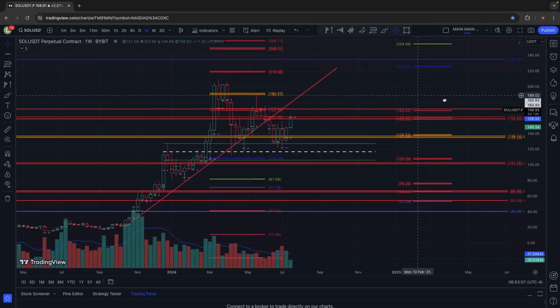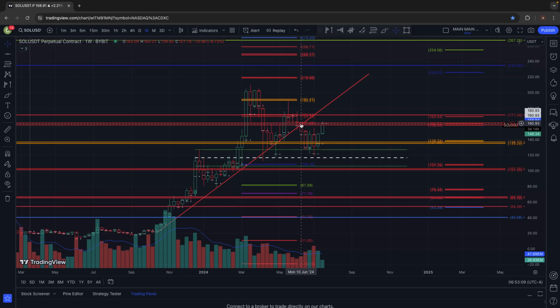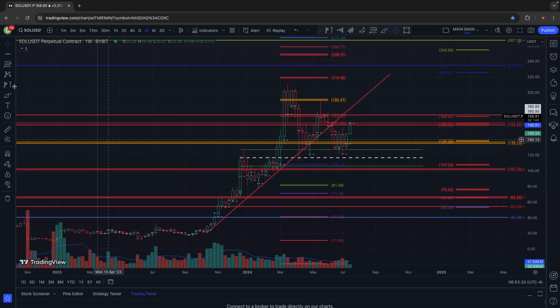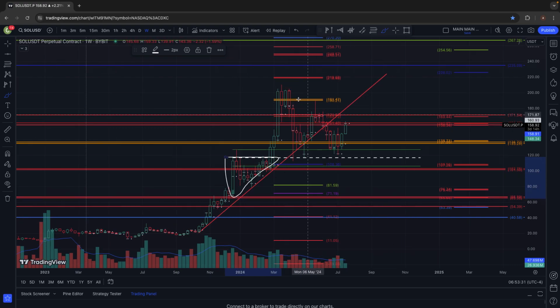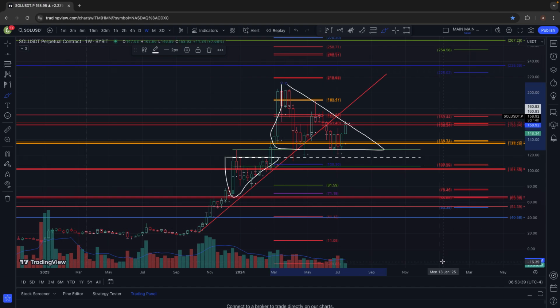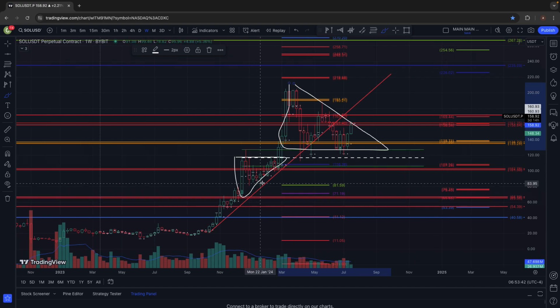Let me try to zoom in over here. We broke the trend line over here at this 160 level, and we came and tested back into this bullish channel order block, which is where the previous lows were in this bull flag. Let me do this real quick. In this bull flag consolidation formation, kind of very similar to what we're doing right here, but this one is angled in this fashion. Does that make sense? That's the only difference, is that this one had higher lows, this one has equal lows,